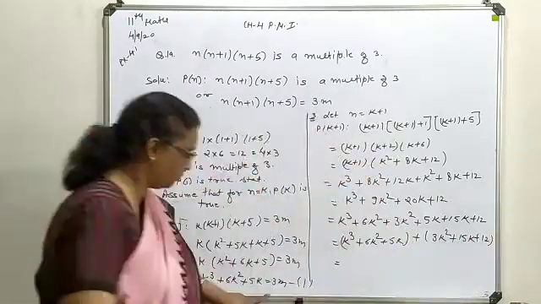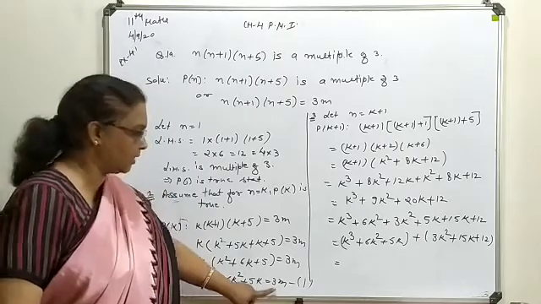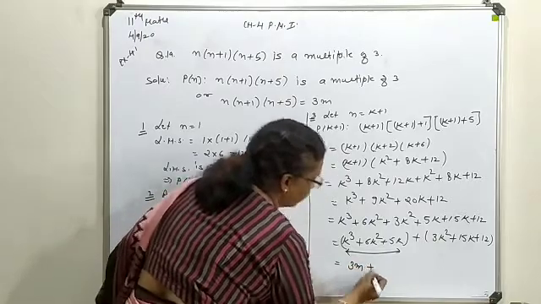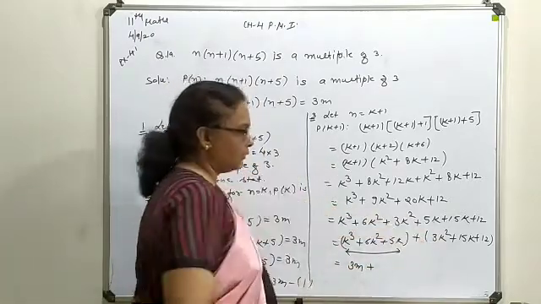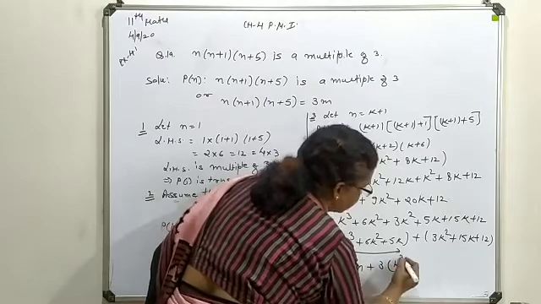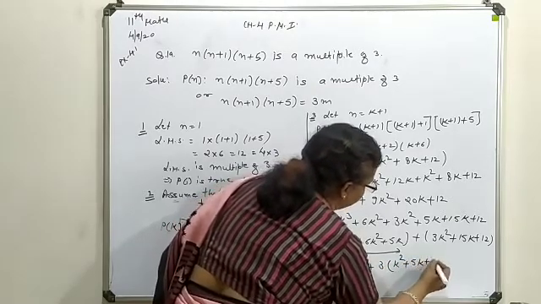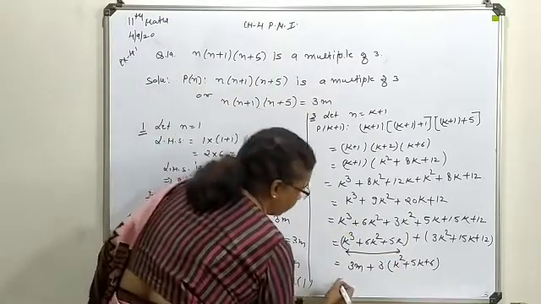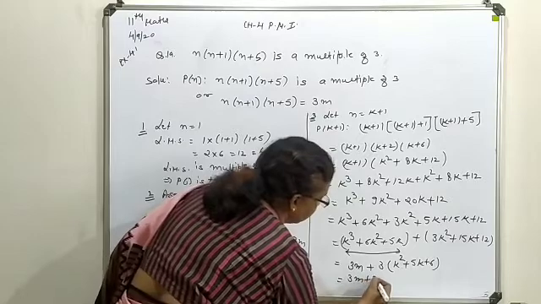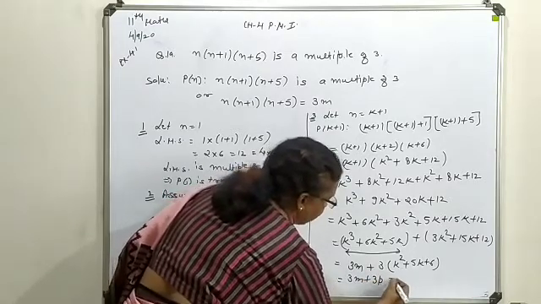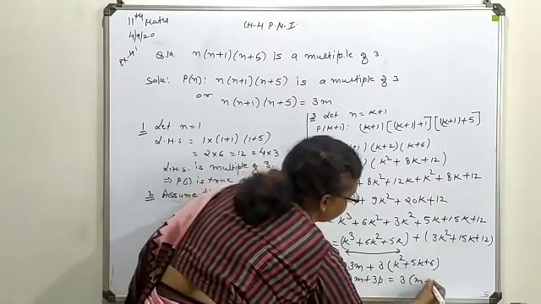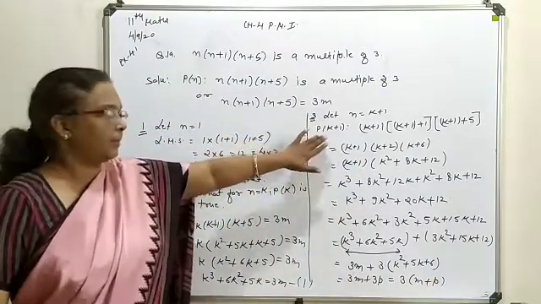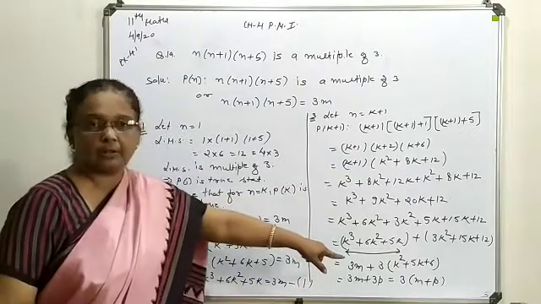You can see from equation number first it is 3m. So this whole expression you can generate as a 3m. From here also you can take a 3 common, so that will give you k square plus 5k plus 6. This whole expression you can write as a Q form. Multiple only we required as a 3. This you can write as a P or anything else. 3 we can take common. This is m plus P. So here you can say that your k plus 1 expression is a multiple of 3.